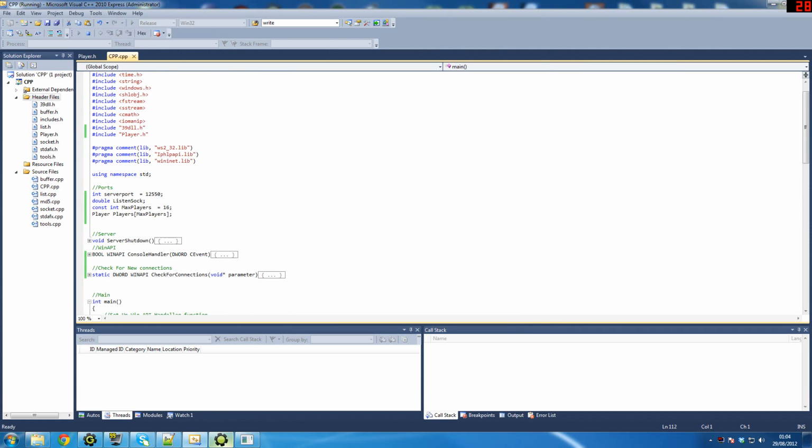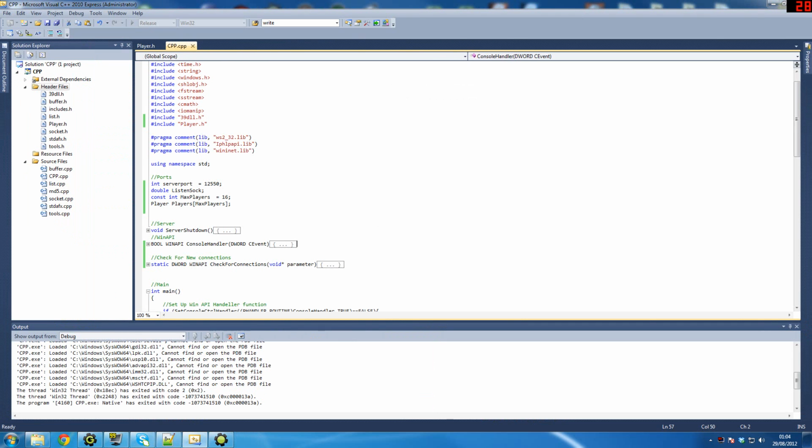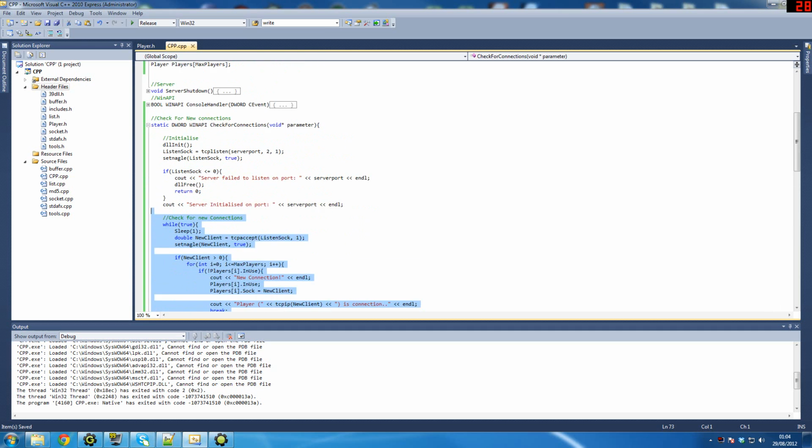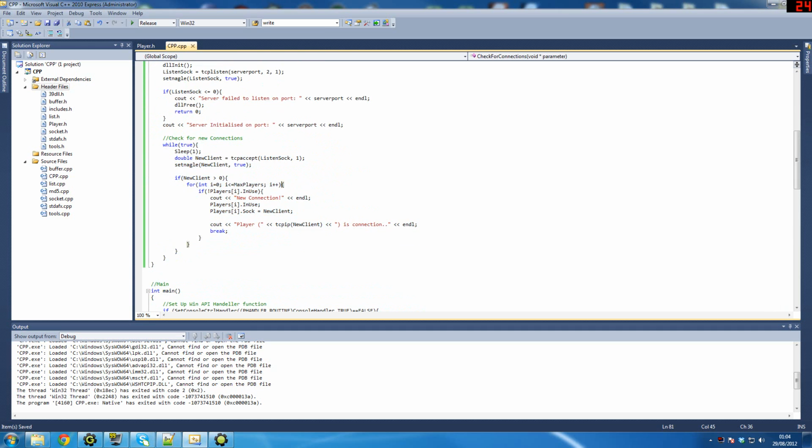Oh, and the other thing we actually do need to do, I just realised, is that wouldn't have actually happened if we hadn't put a break in here. Now what we need to do is just slap a break in here to stop it sending to all 12 players. And also what we want to do is